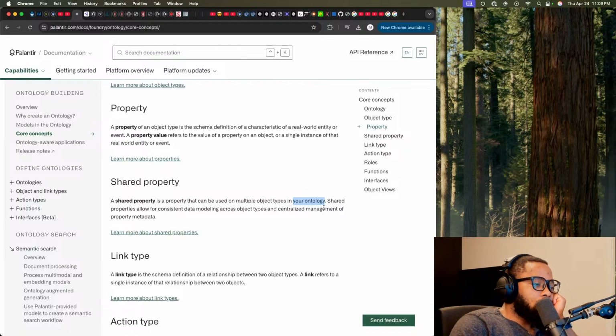Anyway, shared properties allow for consistent data modeling across object types and centralized management of property metadata.